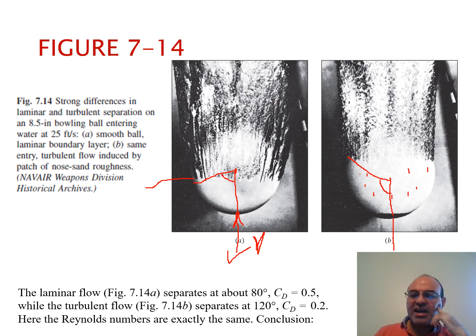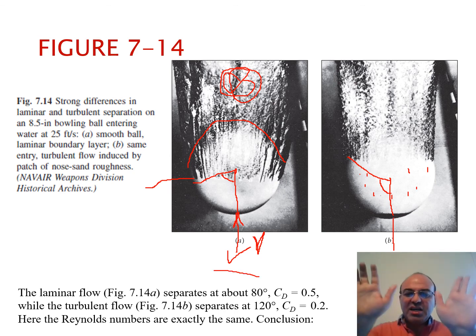Therefore in case A, we have a broad wake area. You see the wake area is broad. Down here, the pressure is low. Here the pressure is high. High pressure, low pressure, there is a large delta P. It wants to stop the ball. In case B, the separation occurs at a larger angle, so this area is smaller. The area of low pressure is smaller, and overall delta P, or the pressure drag, is smaller in case B,